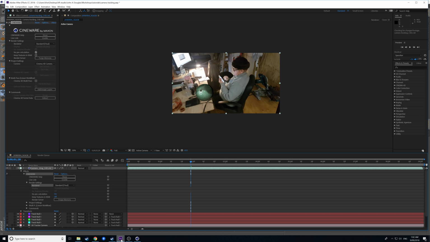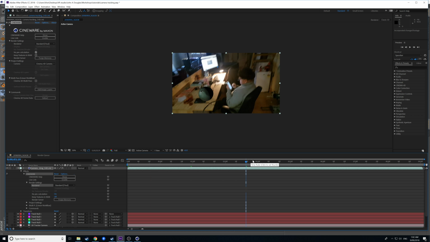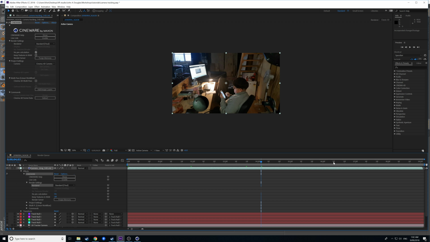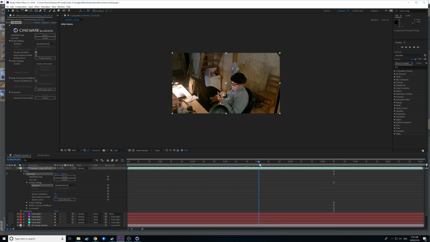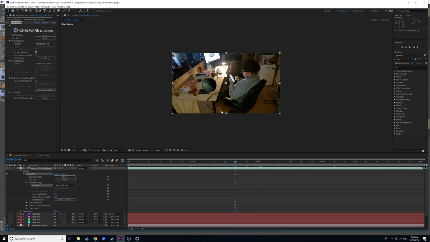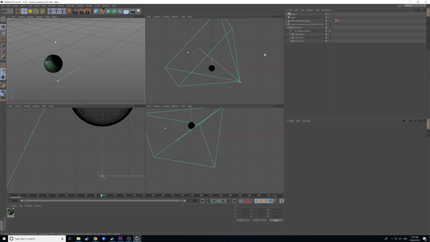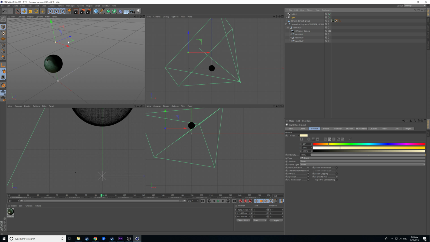Go back into our After Effects, have a look at the lighting that we've brought in. So there's the light casting a little bit of glow on that side of the object. When we come around the other side, we should just about start to see the light from the other side. Let's see where you can see it from the top there. I might just bring that light, the first light,